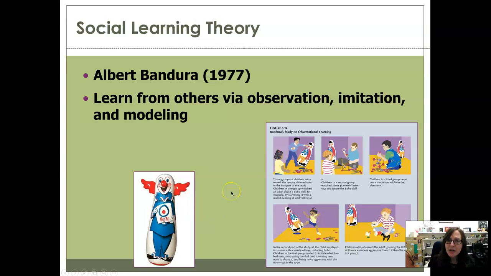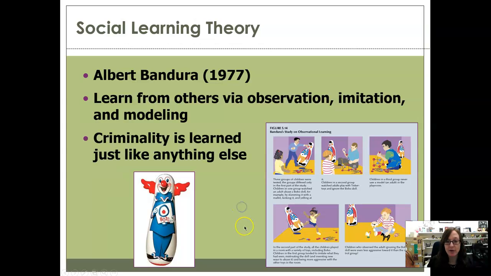So this tells us that it's not just kids. Adults do this too, where we learn from others by observing what they do, imitating and modeling their behavior. And so criminality is learned just like anything else. And so if we see people engaging in criminality, especially if we see them succeed in criminality in the sense of getting the thing they want and not getting caught,